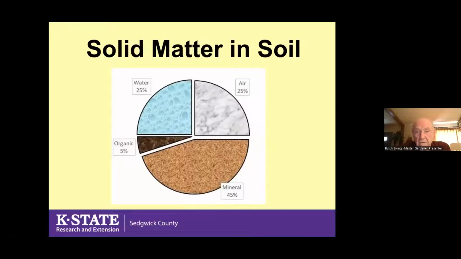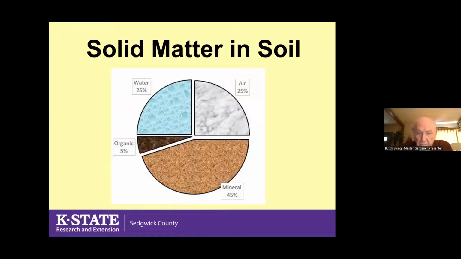So looking at our component here, we said we would like to have at least half of our soil volume be solid matter. We're going to talk about two different parts of solid matter, the bulk of which is the mineral matter. We'll talk about that in just a little bit. First, I want to address the issue of organic matter. That's this smaller sliver here. Organic matter should be at least 5% of your soil